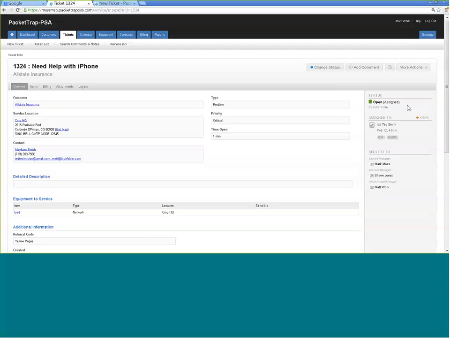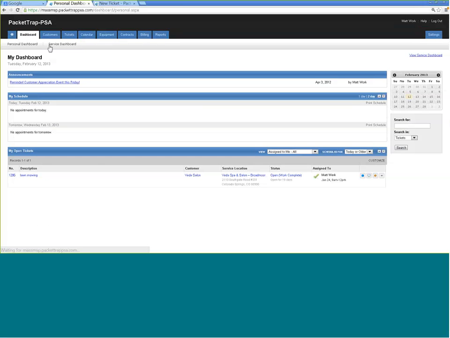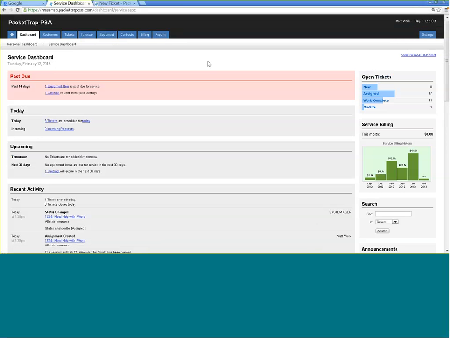Again, this is not an imposed workflow. It's something you can choose to do. In this workflow, what we're going to see happen, we're going to say, hey, when we add an assignment, change the ticket from new to assigned. When we complete the last incomplete assignment on this ticket, change the status to work complete. So at this point, Lisa is done, right? Until she hears from the field or until she hears from the customer, we know this is assigned, and that means to us that we're hands off,